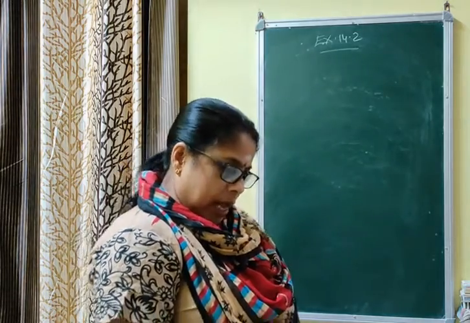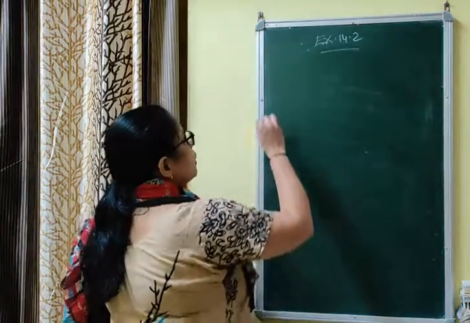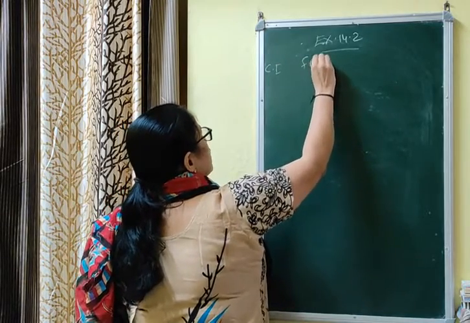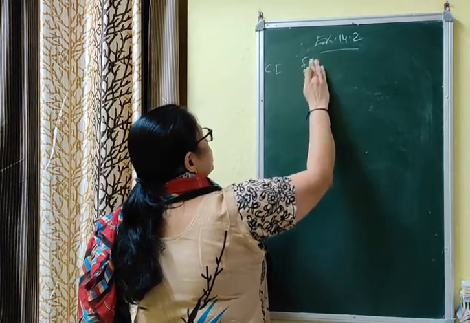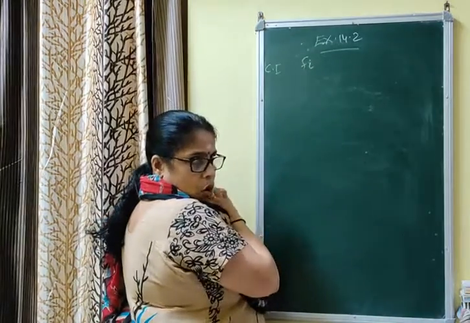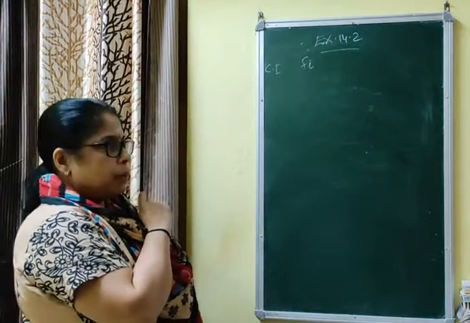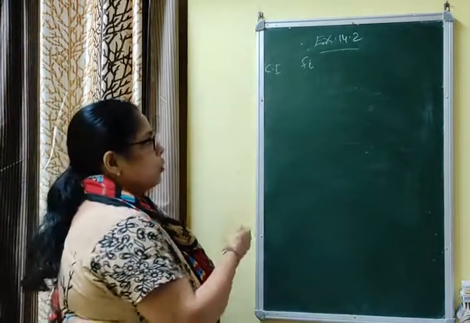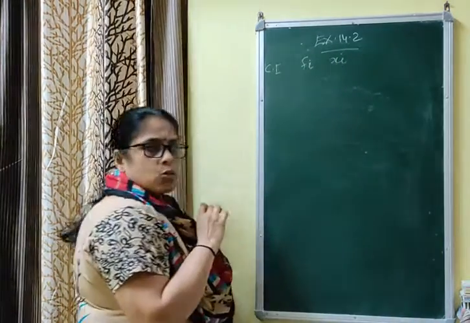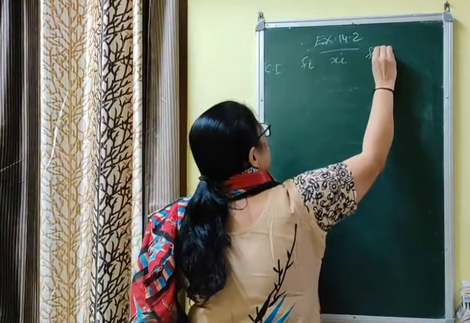आपको एक डाटा दे रखा है, आपको मीन और मोड निकालना है, इसके बाद कंपेयर करना है. Let me draw the table. That is class interval, frequency. First of all, let us find the mean. You can make all the columns of both mean and mode in the same table, but due to lack of space I am doing it separately. You can find class mark, and since you are not asked to find the mean by any particular method, you can use the direct method, that is fixi.